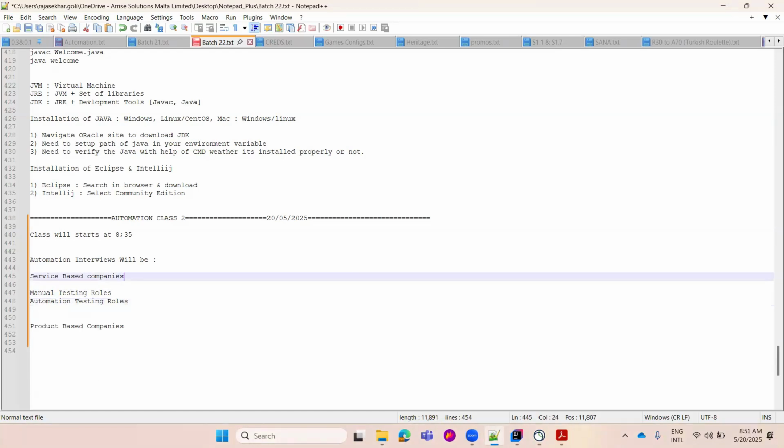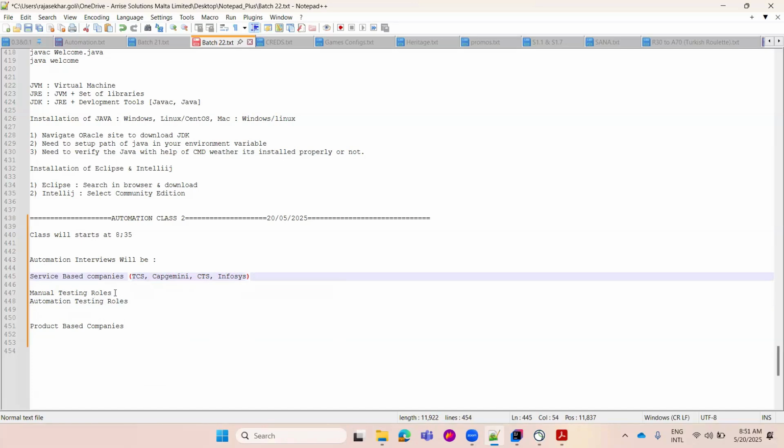For service-based companies we have TCS, and we have Capgemini. CTS is nothing but Cognizant, and we have Infosys. Okay, these are the major companies which we have as service-based companies, and they have the manual testing role